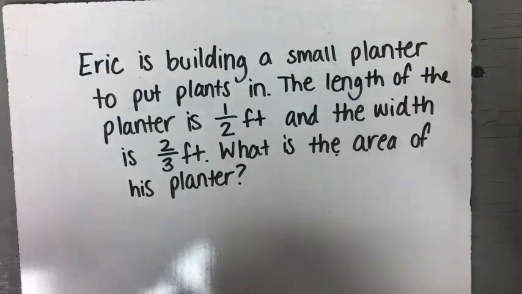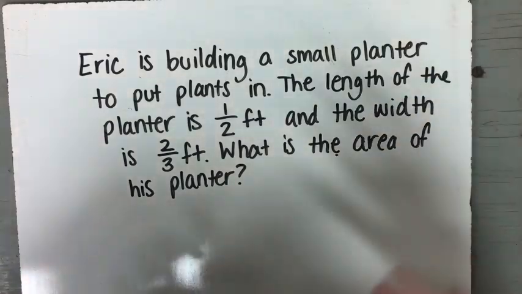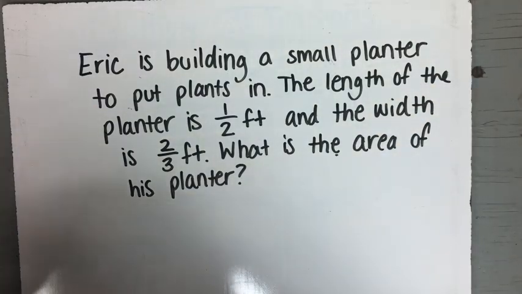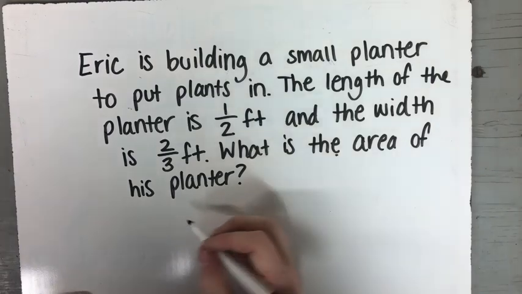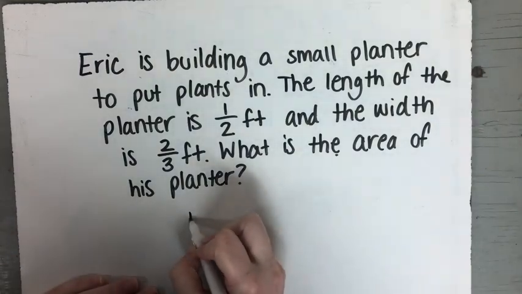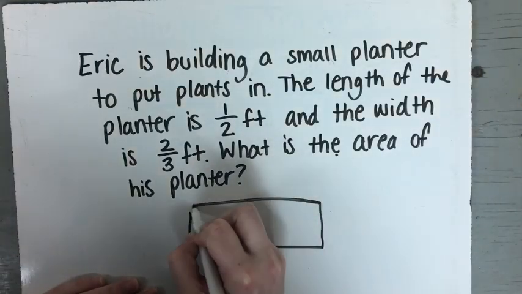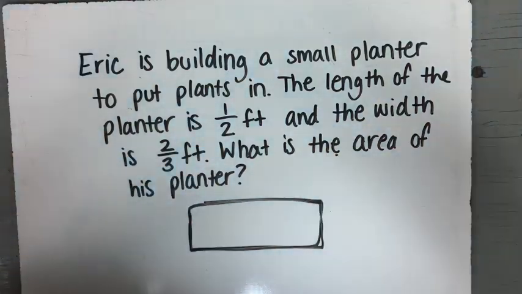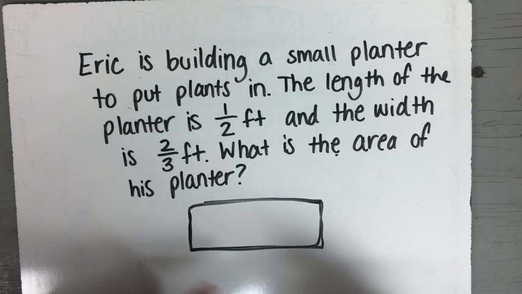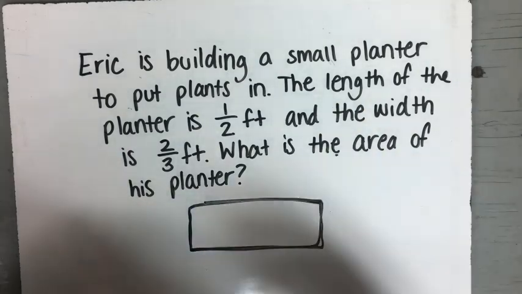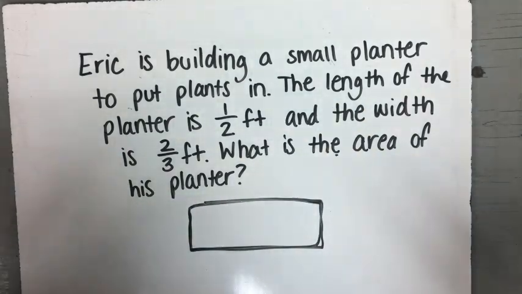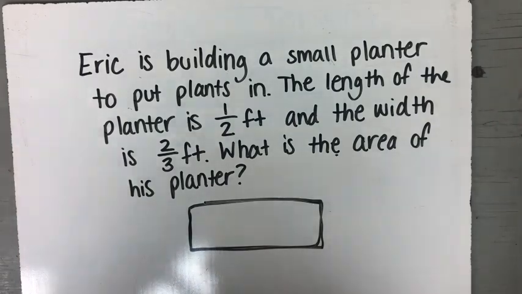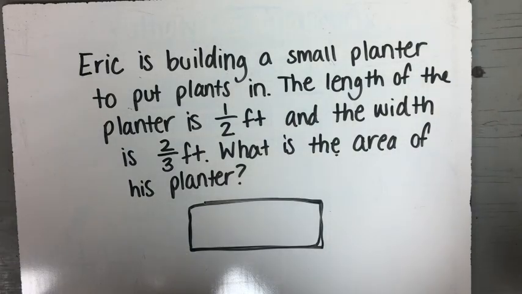Now we're going to assume its shape is a rectangle because, like I said, all of the things we're going to be doing today have to do with areas of rectangles. So let's draw a picture to help us solve this. So he's building a planter, and he's going to put lots of plants in it, and they'll grow very pretty. Now this may not be exactly to scale or exactly to size, and that's okay. Sometimes just drawing a picture helps us visualize it. All right, so